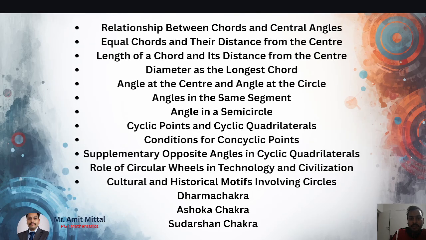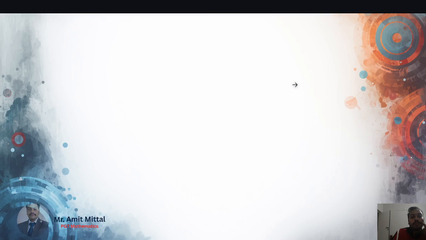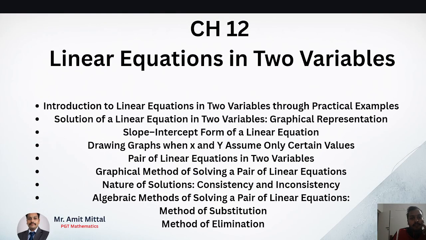There is not a big change, but again our Vedas is going to make things interesting. We will see how, in the case of the Ashok Chakra, the Sudarshan Chakra, and the Dharma Chakra, circles were already being used in our Vedas, and we will see the different contexts once the book is launched. And then we will come to linear equations in two variables, chapter number 12,